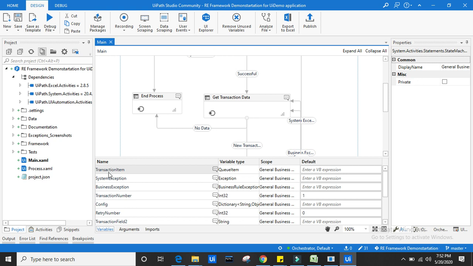You can use these as variables, or you can use them as arguments also, in other workflows. It is not mandatory that you should use only these variables. You can create your own variables and arguments, and use them throughout your framework, right?